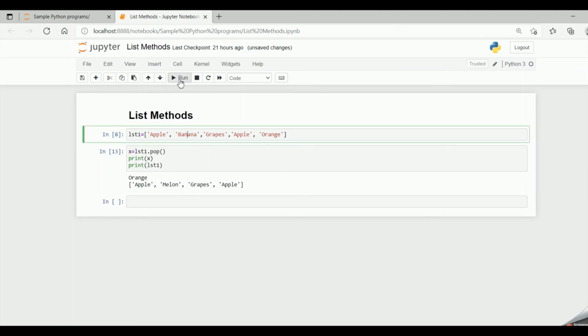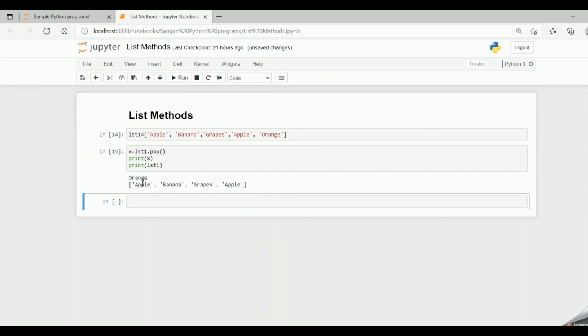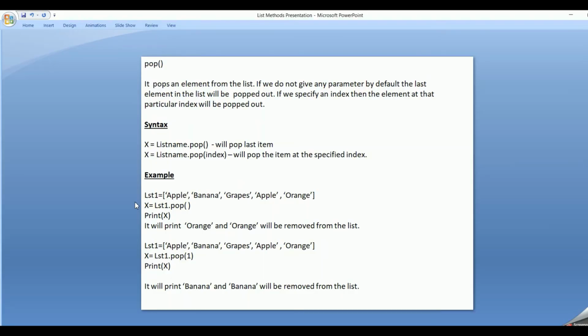We have to run this code first, and then when I run this code, I get apple, banana, grapes, apple. Orange has been popped out from the list and it has been removed from the list. And the popped item is stored in x. So when we print x, we get orange. So this is how the pop function works.